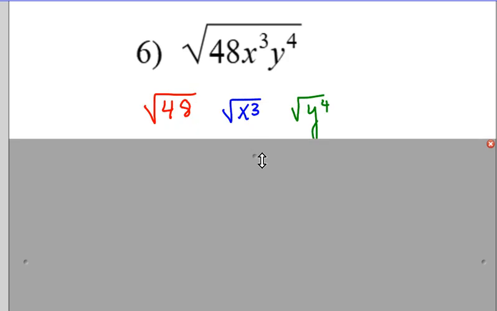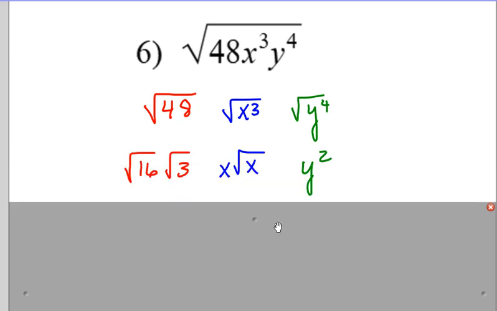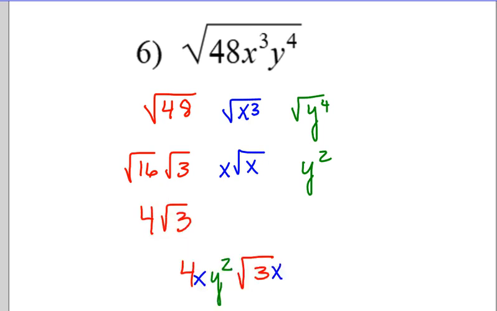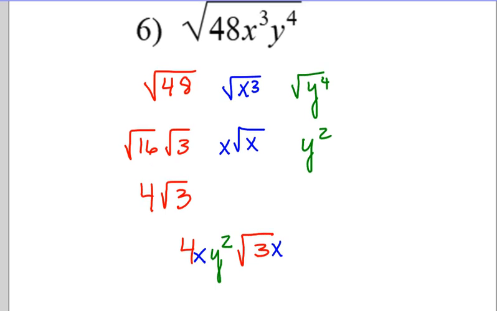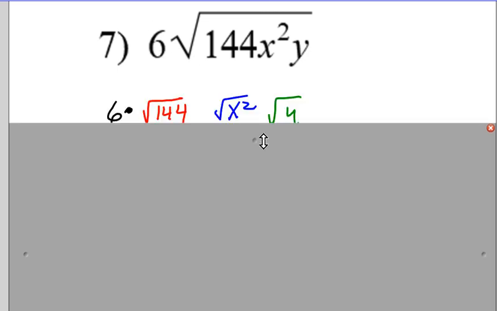Number 6, the square root of 48 times the square root of x to the 3rd times the square root of y to the 4th is 16. Square root of 16 times square root of 3. And number 7, we have a coefficient on the outside, so that's just going to stay there. We're going to multiply